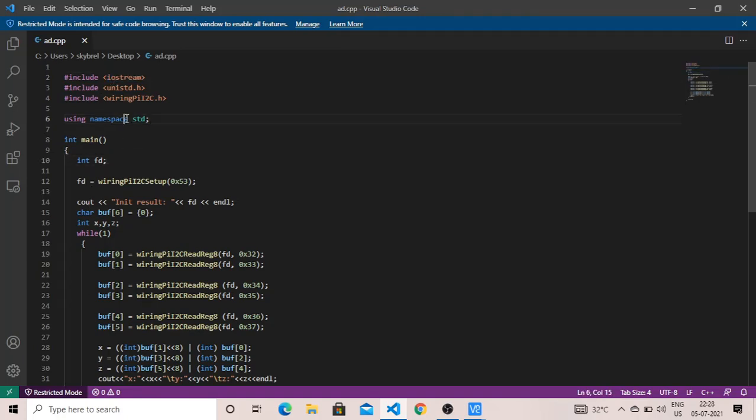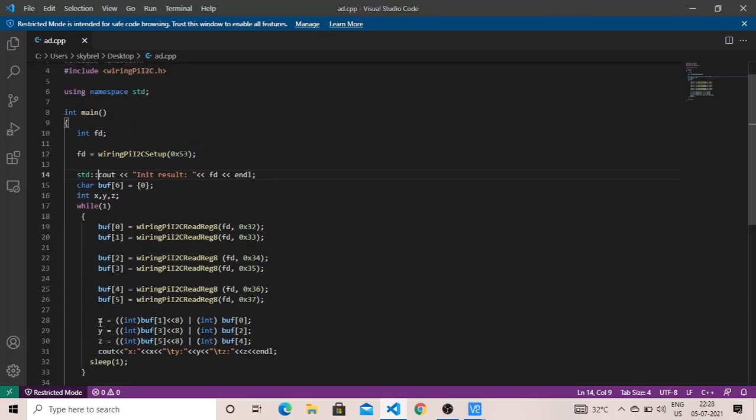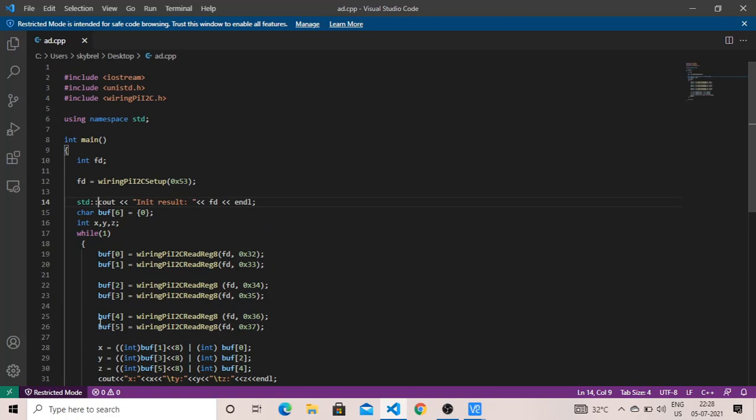If I don't use this line, I have to use std:: like this everywhere I use the cout or cin keyword. So just to remove such confusion, I use the namespace here, and I can now directly use cout without using the scope resolution operator like this.